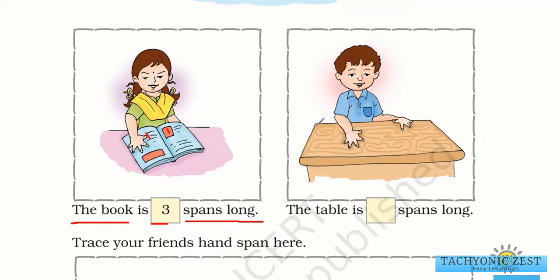For example, you can also take another table. You can take any table. Now this boy over here is trying to measure this table using spans. We know that we measure a span with our hand, from the tip of the thumb finger to the tip of the little finger. That is one span. So using that span, the boy is trying to measure this table. Please try to find a table in your home and measure it, and see in how many spans you are able to measure that table, and write that distance down over here in terms of span. Do it as homework.